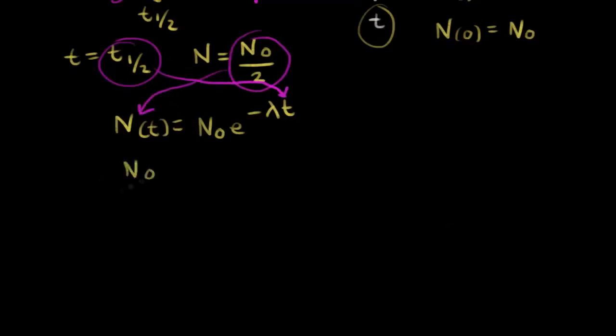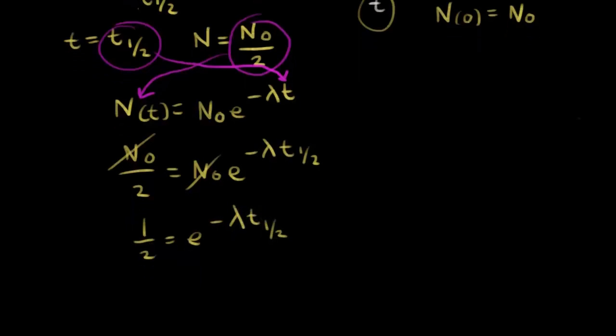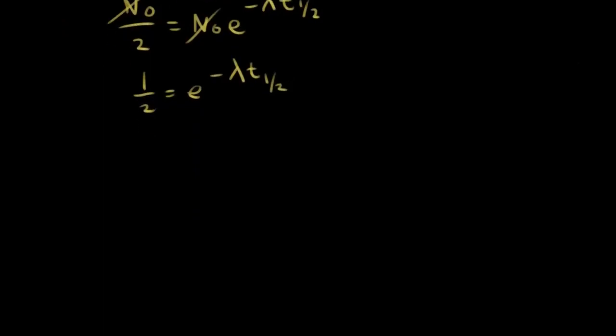So we would have N naught divided by 2 is equal to N naught e to the negative lambda times the half-life. Well, that cancels out the N naughts. So that gives us on the left side 1/2 is equal to e to the negative lambda times the half-life. So next, let's get rid of the e, and we can do that by taking the natural log of both sides. So if I take the natural log of 1/2 on the left side, and the natural log of e to the negative lambda t 1/2 on the right side, the natural log of 1/2 is equal to negative